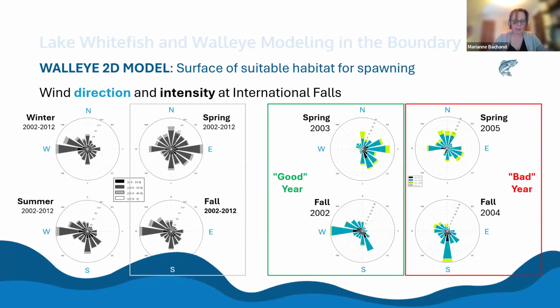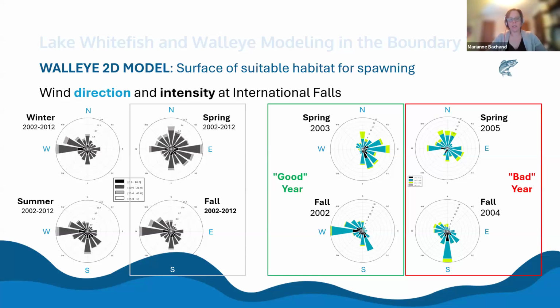So you need a spring where wave action is not too high, but you had strong wind the fall before, and that wind in fall is cleaning the substrate, the cobble, and it creates good spawning ground for